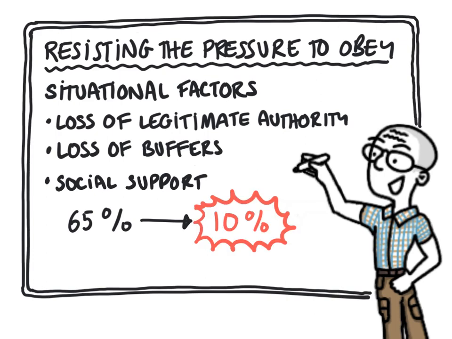Even though the participant may not do the same as the disobedient ally, the ally's behaviour acts as a model and helps to free the participant to act in line with their own conscience.